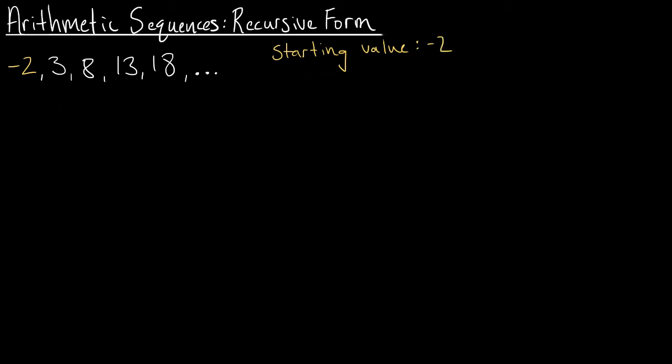The next thing that I want to identify with this sequence is, what is my common difference? In other words, what is the number that my sequence is going up by at each step? To go from -2 to 3, I would need to add 5. To go from 3 to 8, I would need to add 5. To go from 8 to 13, I would need to add 5, and so on. This also helps me identify this as an arithmetic sequence. Remember, with an arithmetic sequence, we are adding the same amount at each step, and that amount is +5. So let me write that out here. I have a common difference